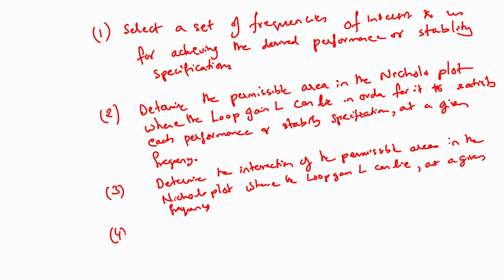The fourth step is, once we have determined the permissible region in which the loop gain can lie at a particular frequency, in order for it to simultaneously satisfy the performance and stability specifications, we repeat the exercise at other frequencies also. We have already selected a set of frequencies as part of our first step. So at each of those frequencies, we determine the permissible area in the Nichols plot